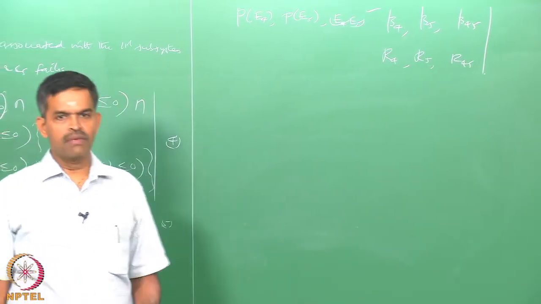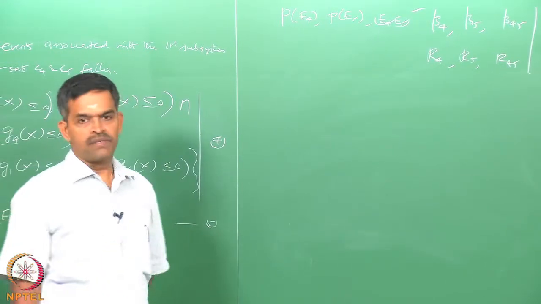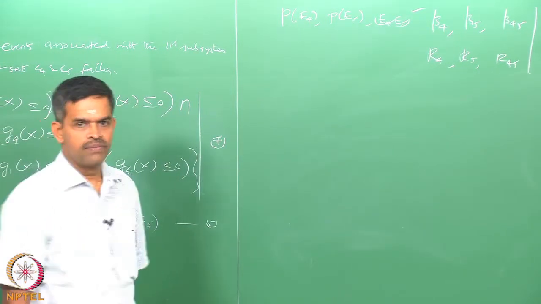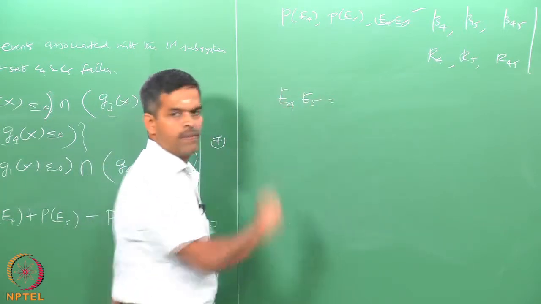I already wrote the matrix and vector for R's and B's respectively for this particular problem. So, now E4 E5 is